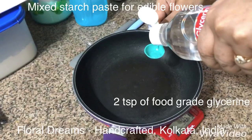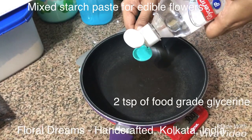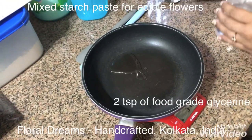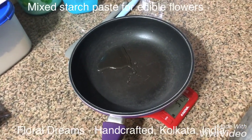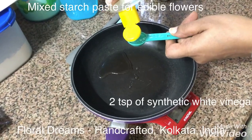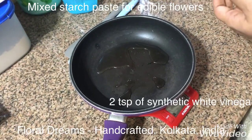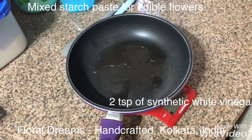Two teaspoons of food grade glycerin, two teaspoons of vinegar, this is regular synthetic vinegar,